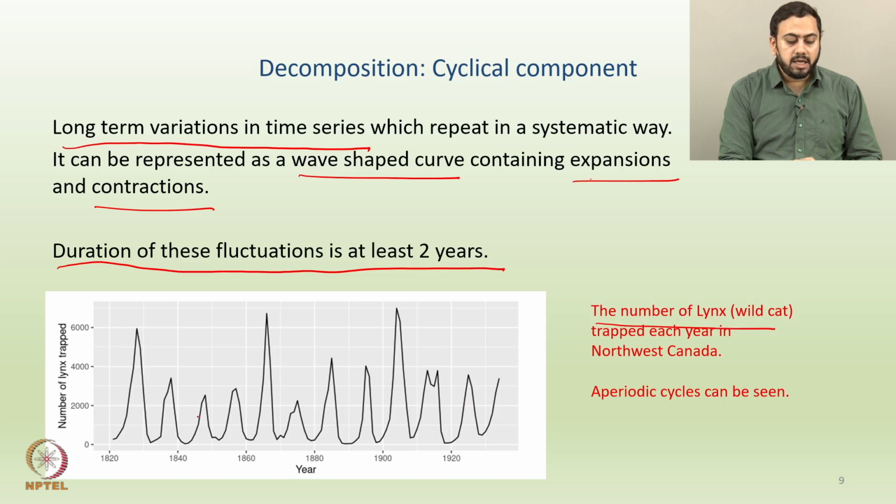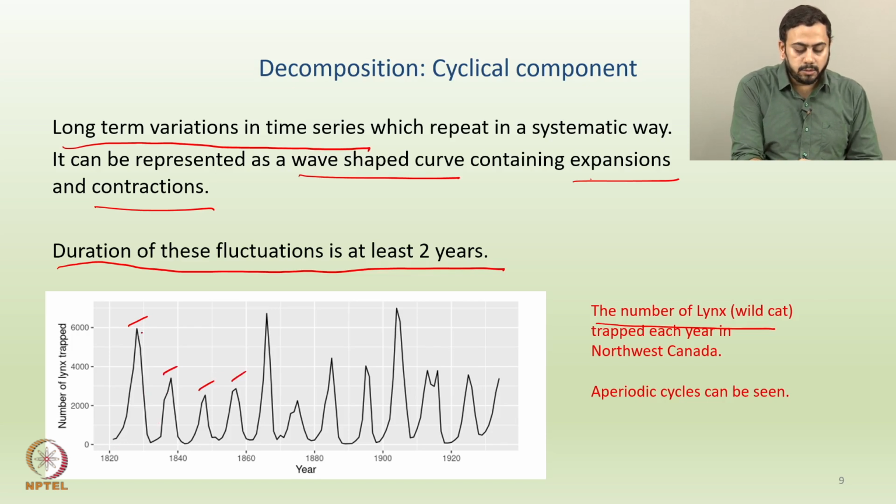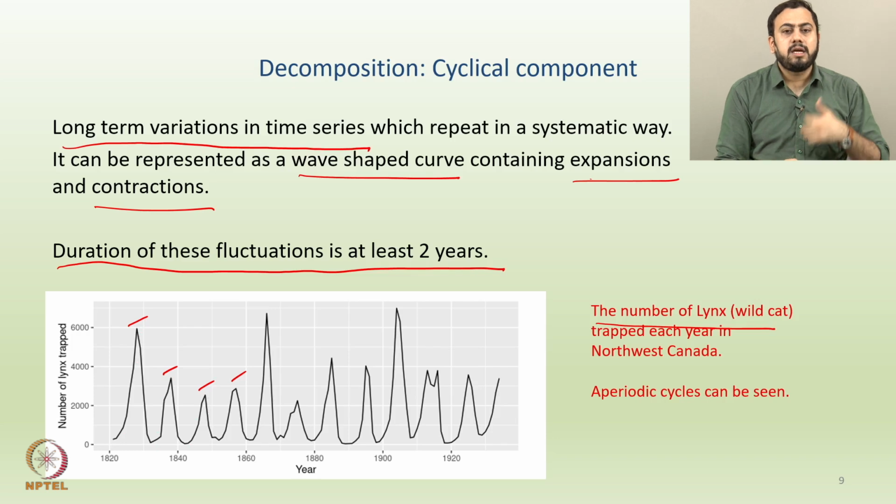So here immediately one can make out that all these peaks are not of the same length. Firstly, length meaning the height, right? So you can see that some peaks are higher, some peaks are lower. And also if you see the repetitions, for example, the length of the first peak to the first trough, or the second peak to second trough, or third peak to third trough, are again slightly different. Okay. So the idea is that if you see cyclicality in a time series, the repetitions need not be regular. The repetitions are irregular, where the peaks are slightly higher somewhere or slightly lower somewhere. And also the difference between the peak and the trough may not be of exactly the same length.